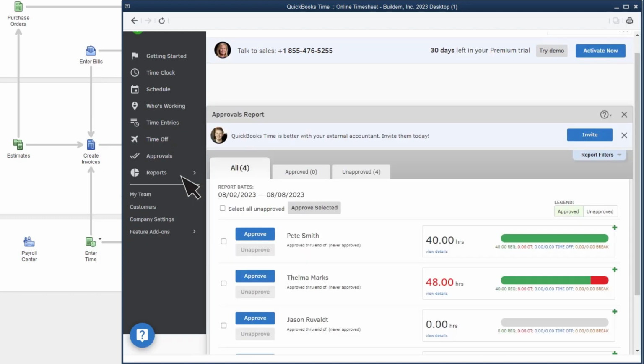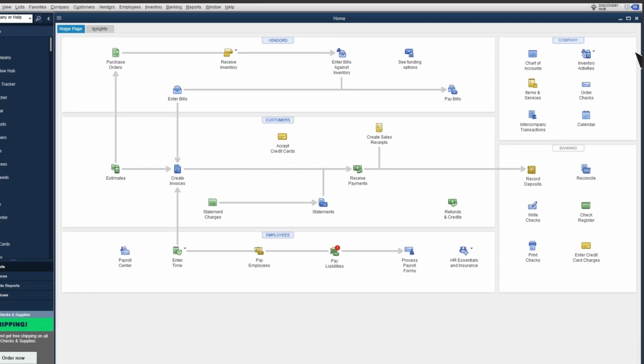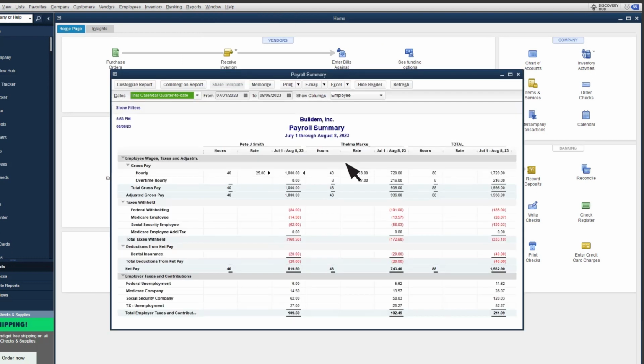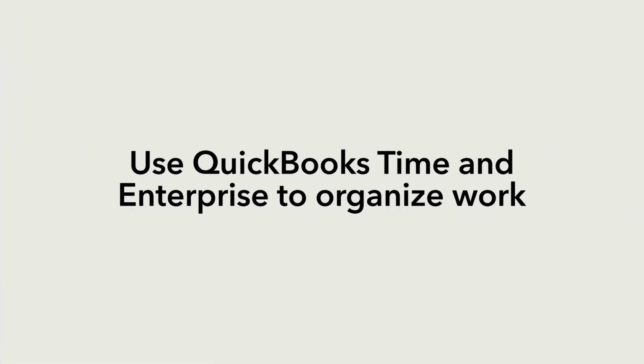When you approve the time an employee submitted, you'll see a breakdown of the time and can view details to see the number of hours for regular versus overtime, along with which job they worked on and what work they performed. In QuickBooks Enterprise, after you sync with QuickBooks Time and pay your employees, you can track this time with a report. Select Reports, Payroll Summary. Then enter the date range for the time you paid the employees, and you'll see their overtime hours and total overtime paid.